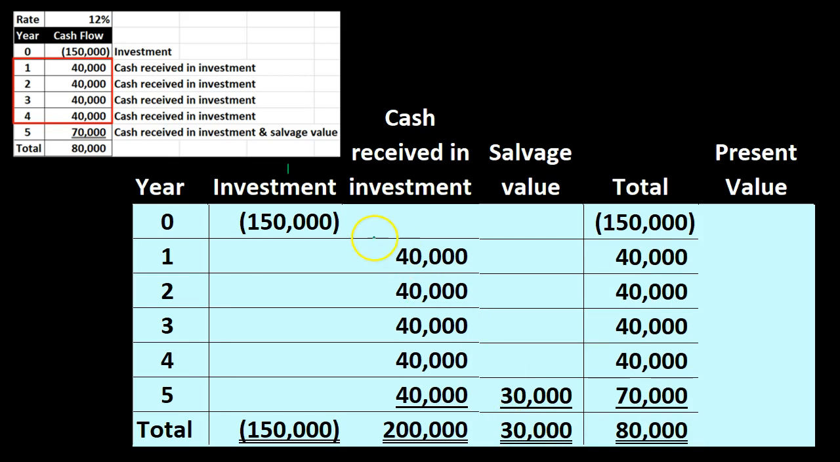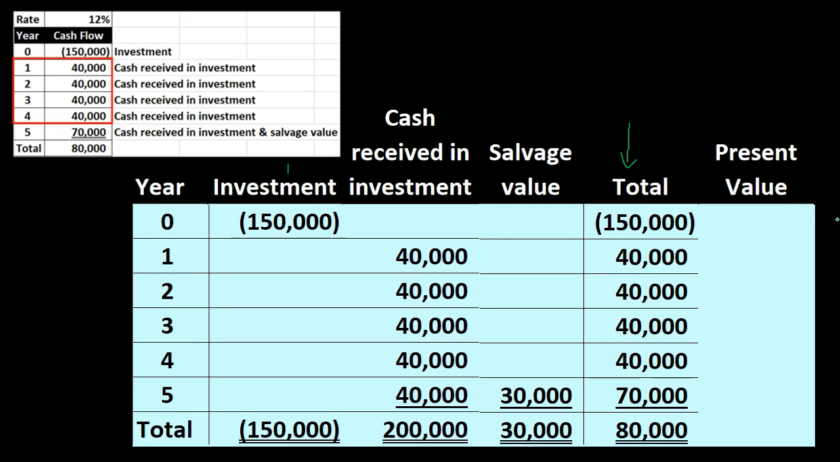And if we total this up across this way, 150, 40, 40, 40, 40, and there's the 70. We end up with our cash flows. Now we're at the same point that we were in the prior slide, where we basically just had the cash flows. We got a little bit more detail. We can see the cash flows for different categories: investments, the receipt of cash, and the salvage. Then we'll